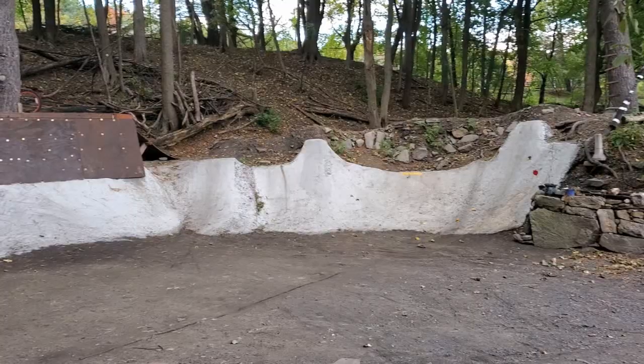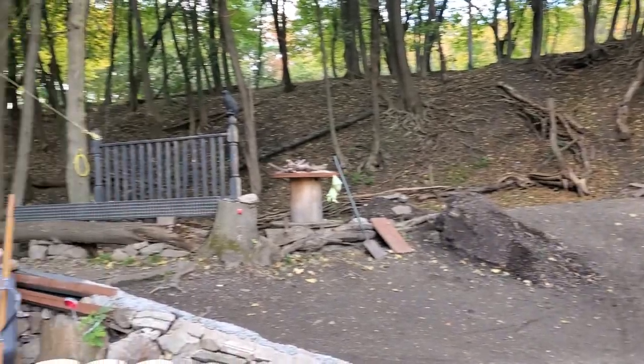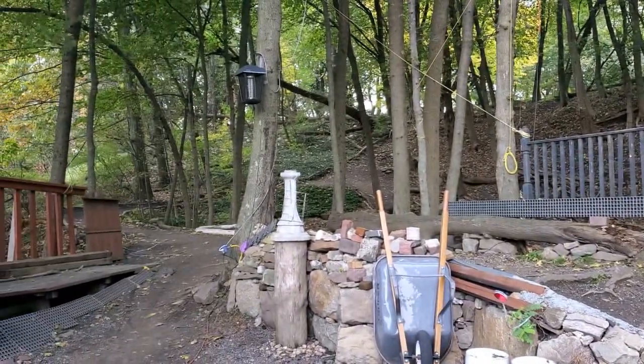And today we are going to be talking about the evolution of this track. And pretty much the way that this track originally started was with this jump right here. And from there, we just continuously kept progressing on building more jumps and with our skill level, because me and